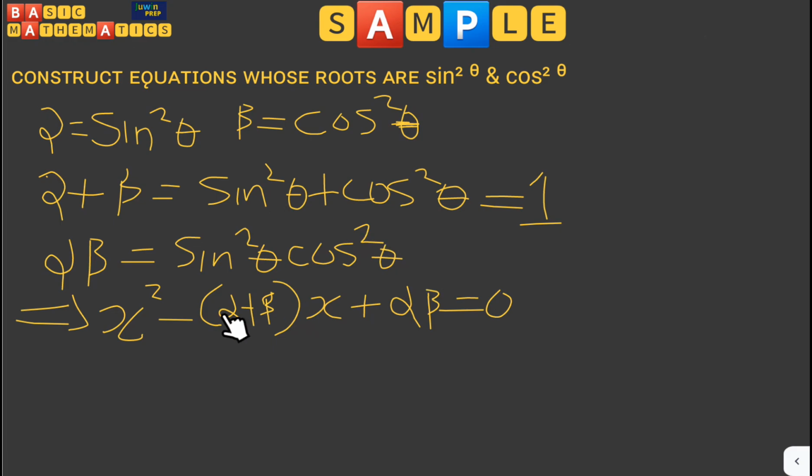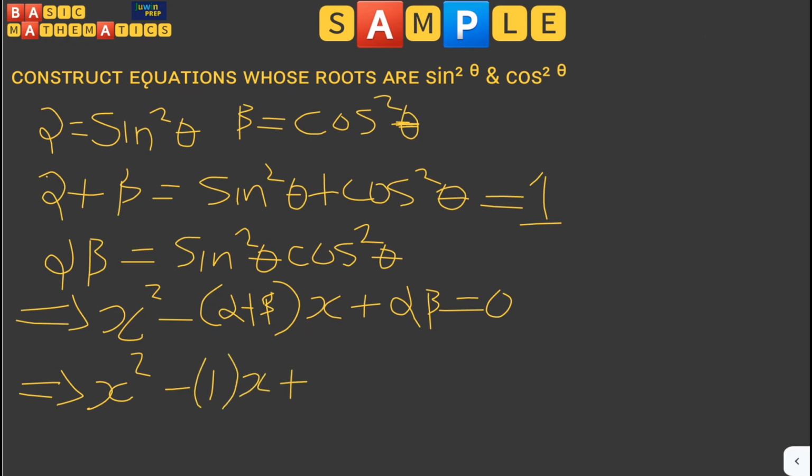So do not forget that alpha plus beta equals 1. So we just need to plug in 1 here. And our alpha times beta is sine squared theta cos squared theta. So our final answer would be x squared minus 1, in brackets,